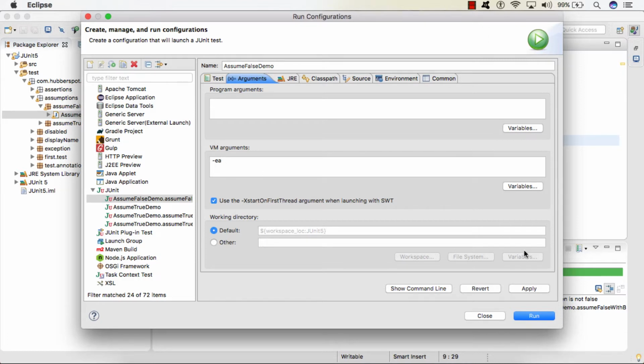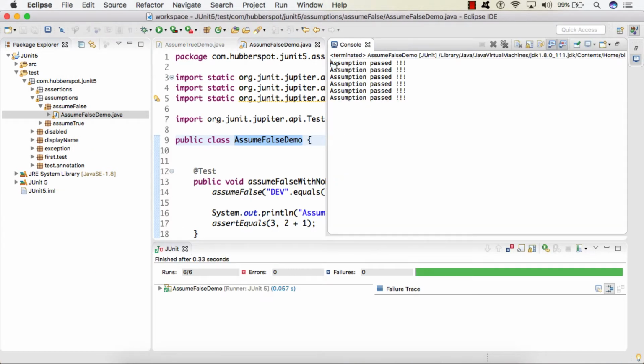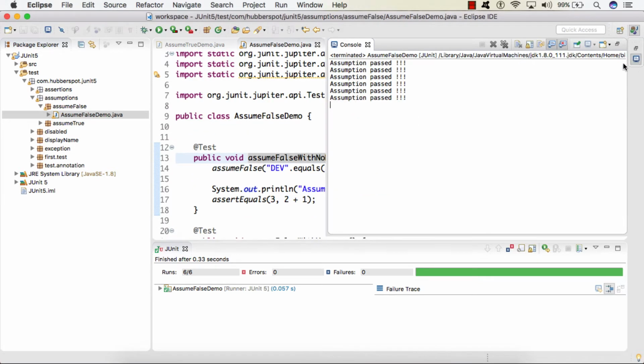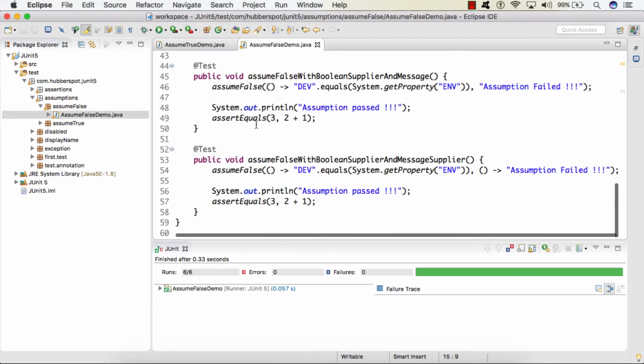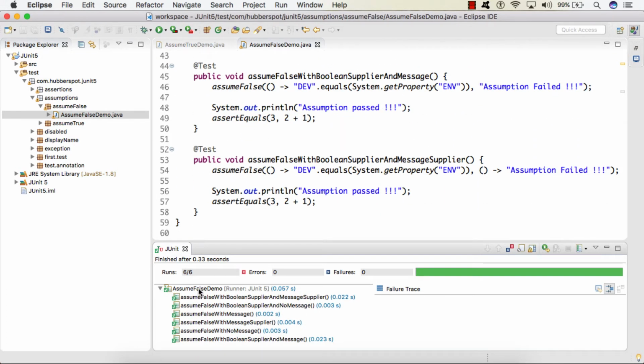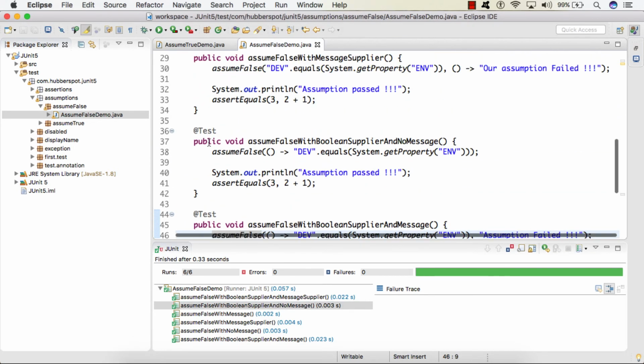So therefore, if I run the test case, you can see that all our assumptions in all the 6 test cases got passed, and it printed the 6 System.out.println statements provided in each and every test method. And here you can see that all the test cases got executed successfully and no test method got skipped, because whatever assumption we gave in each and every test method was satisfied.